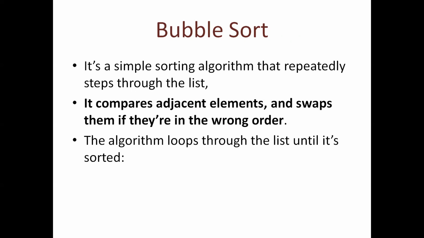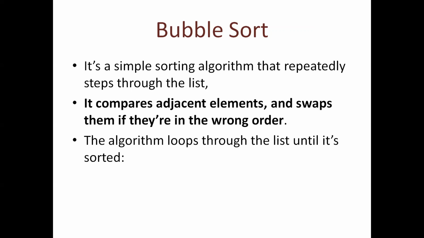Bubble sort is a simple sorting technique which depends on the comparison of adjacent elements, and it will swap the elements if they are in the wrong order, meaning the order which is specified by the computer or given by the user to the computer, for example ascending order, descending order, alphabetical order, or increasing or decreasing, etc.